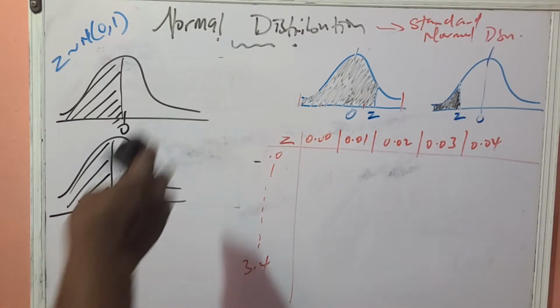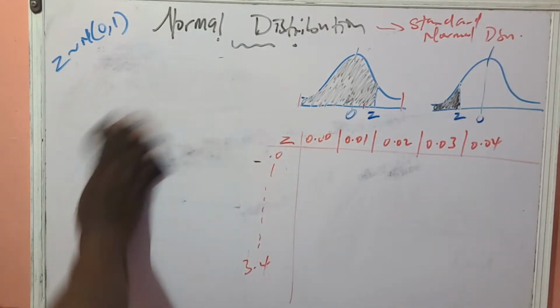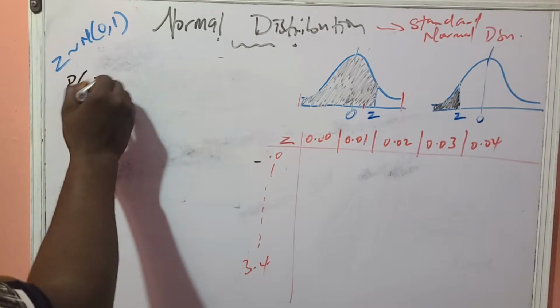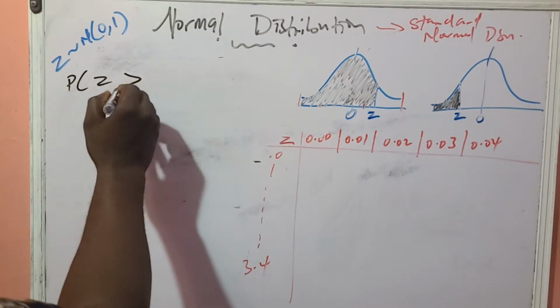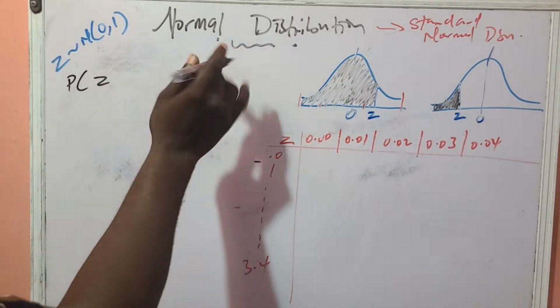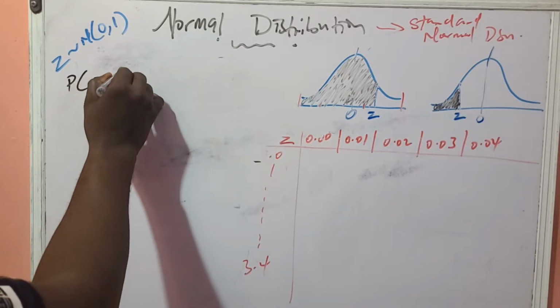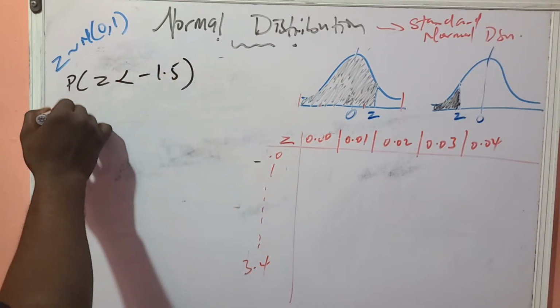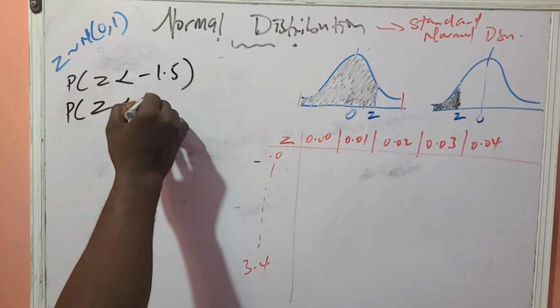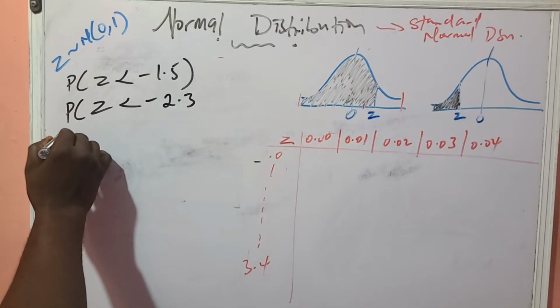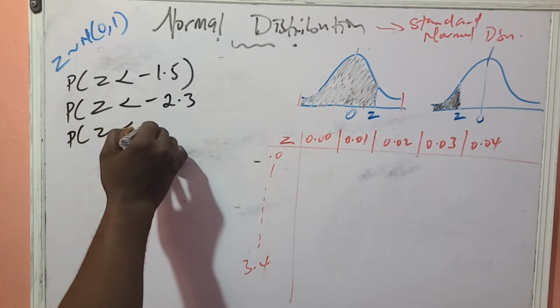Of course, before we get into real life application, let's even do some of the ones we just did. Let's say, for instance, we're dealing with probability of z greater than. Let's just solve some few questions. Let me start from the one that you guys will enjoy very well. Minus, let's say, minus 1.5. Let's do for probability of z less than minus 2.3. Let me do for probability of z less than